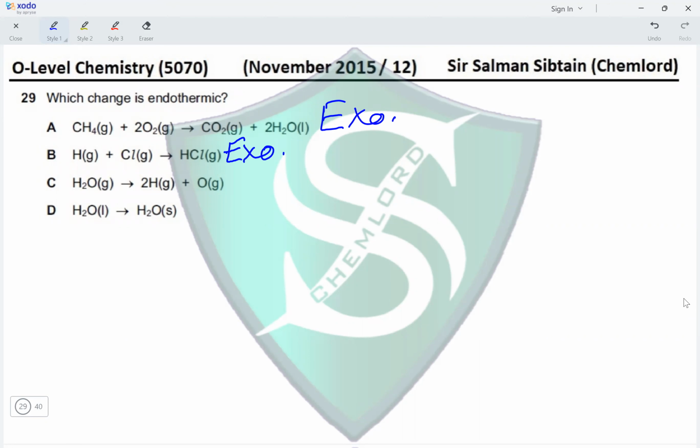Next, it is water in the form of steam converting into 2H2 gas plus O2 gas. So this is bond breaking. Bond breaking requires energy. So this is an endothermic process. And the last one is a change of state from liquid water to ice, which involves energy being